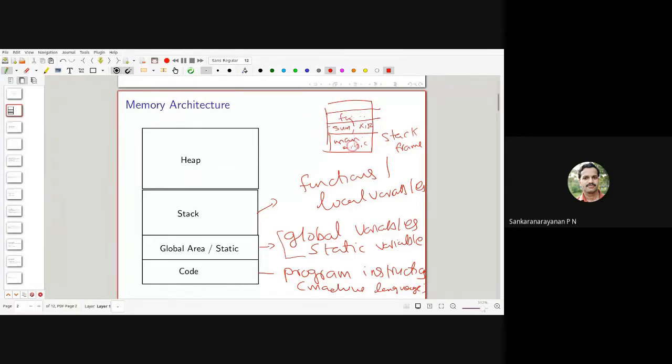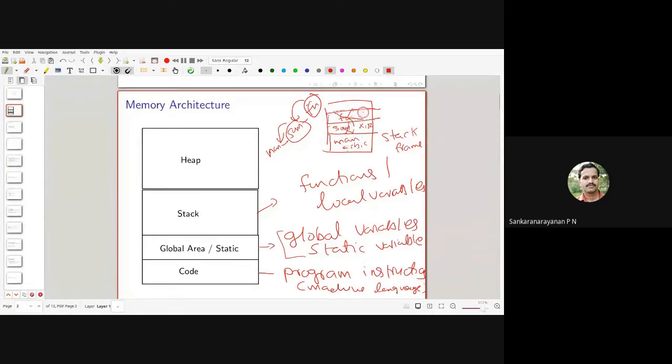And what is the specialty of a stack? Whichever is last will be taken first. From main, I call a function sum, then I call a function fn. Once fn returns, only then does it come back to sum. So once execution of fn is over, then sum, then main.